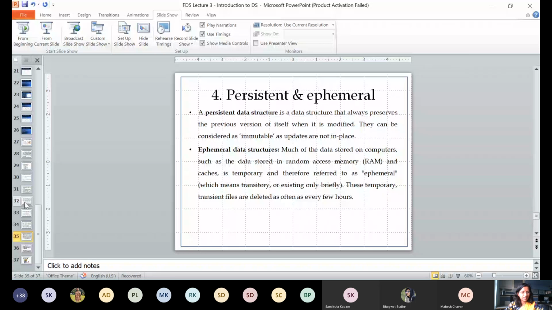Now the next and very important type of data structure is persistent data structure and ephemeral data structure. Okay, persistent data structure and ephemeral data structures. Names are